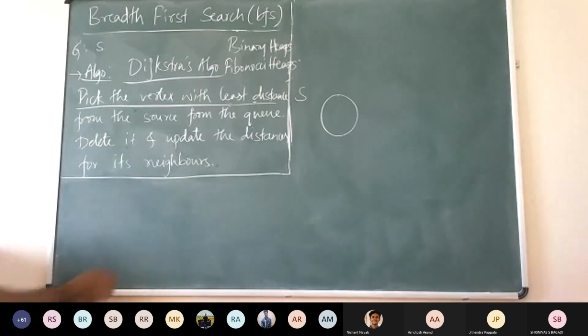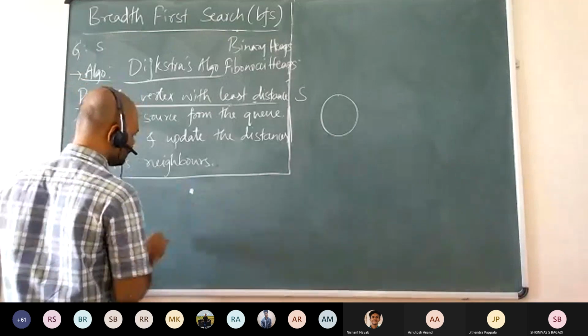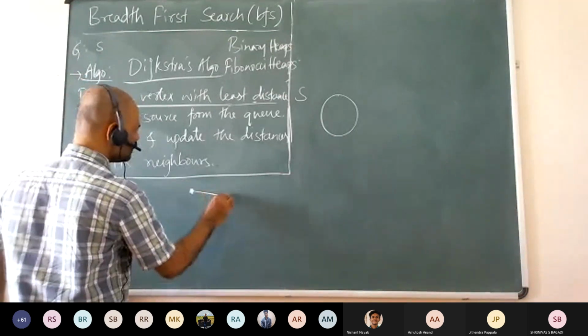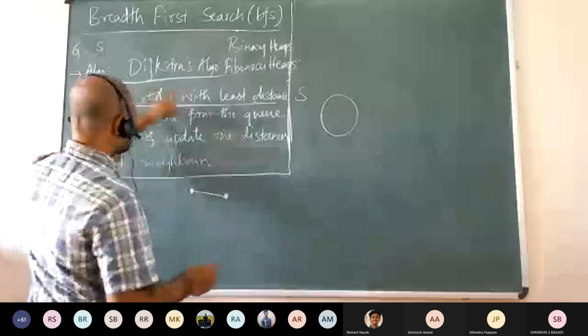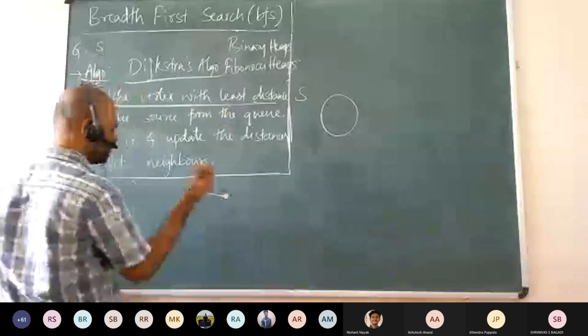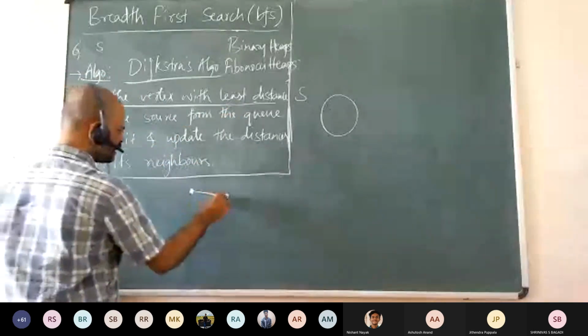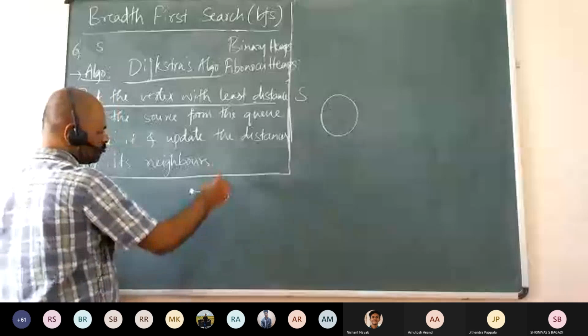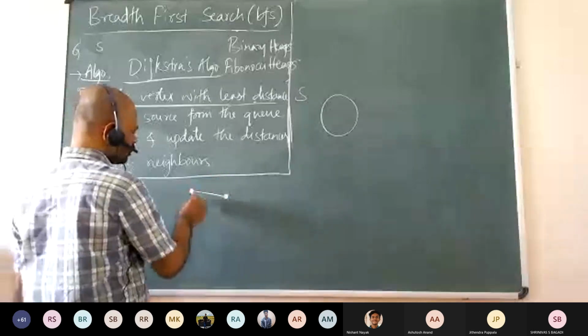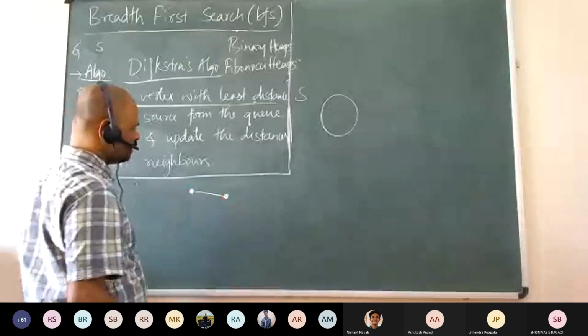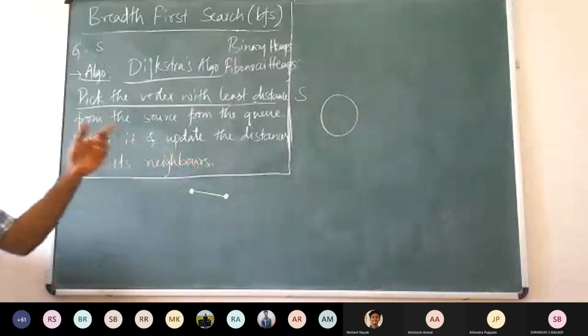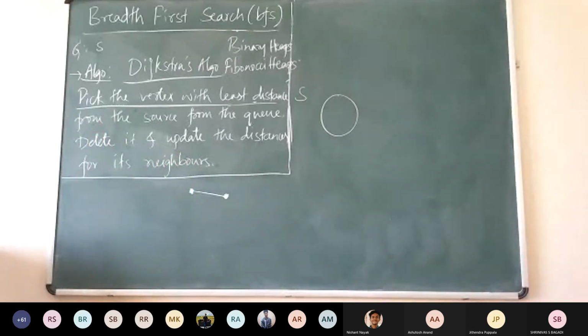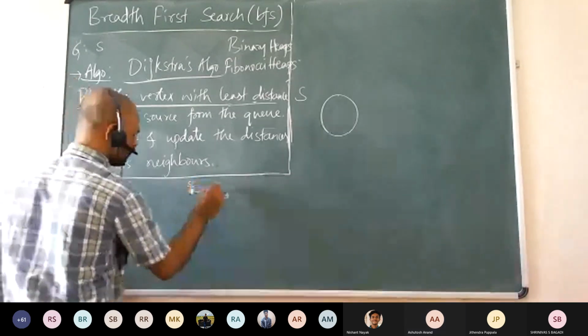So what did we do? We started from S, right? And we picked the vertex which is at least distance. S is already set in the first iteration. In the next iteration, among all its neighbors, we pick which is closest to the source, and we will set this correctly. And we proved that there can't be any other path which has lesser distance than this, right? This is just one vertex, U1.